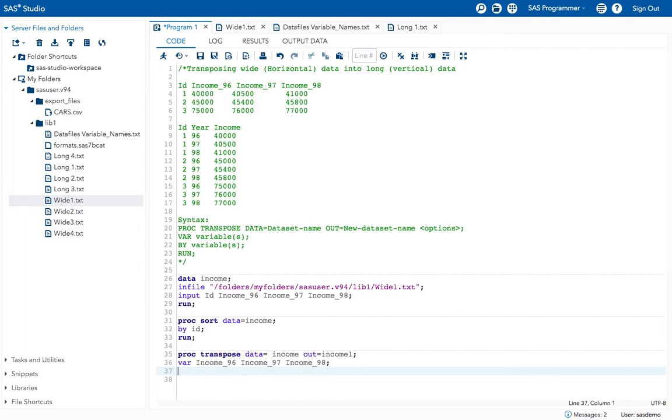Now we give the by statement. In the by statement, we give the reference by which they are getting transposed. By what reference are they getting transposed? The id variable, right? So give it here, id, and execute the program.